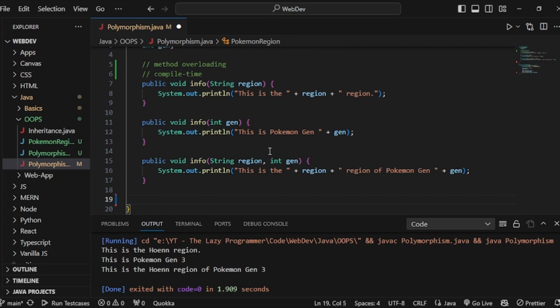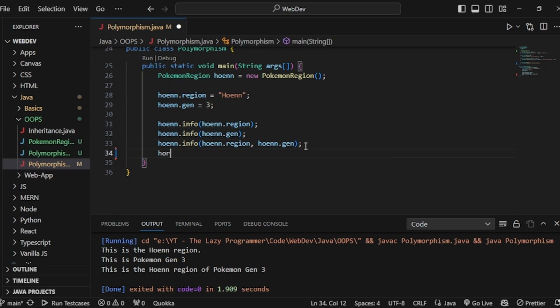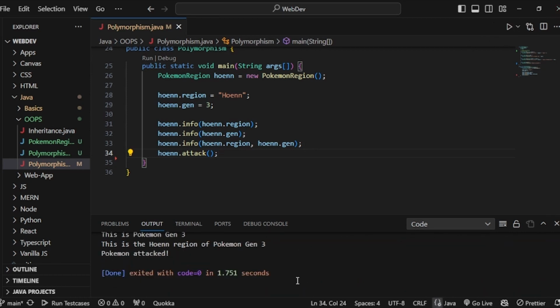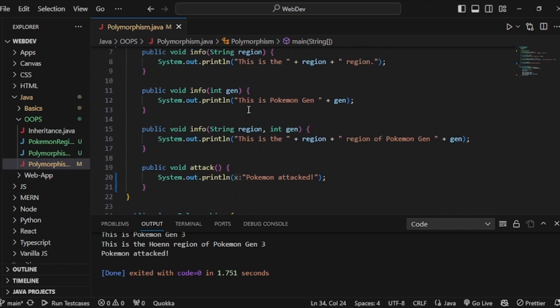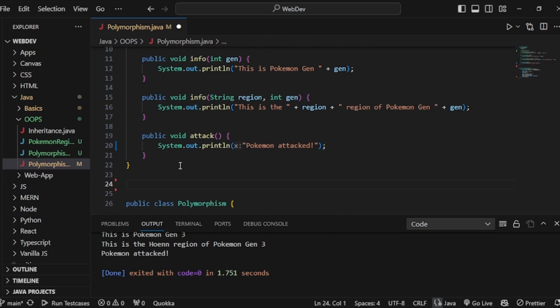Let's say after the info function I am creating another function, and let's name this function attack, and here I will simply do a System.out.println and write Pokemon attacked. Now as you know, I can also access this function, so I will simply write hoen.attack and let me execute, and I'm getting Pokemon attacked at the end. Now what happens if this class has some subclasses? I will simply write two more classes,